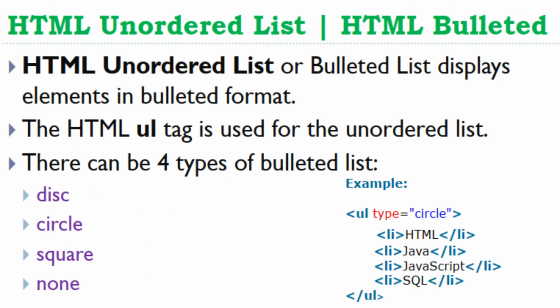HTML unordered list. HTML unordered list or bulleted list displays elements in bulleted format. The HTML <ul> tag is used for the unordered list. There can be 4 types of bulleted list: disk, circle, square, none. Example: <ul type="circle"> <li>HTML</li> <li>Java</li> <li>JavaScript</li>